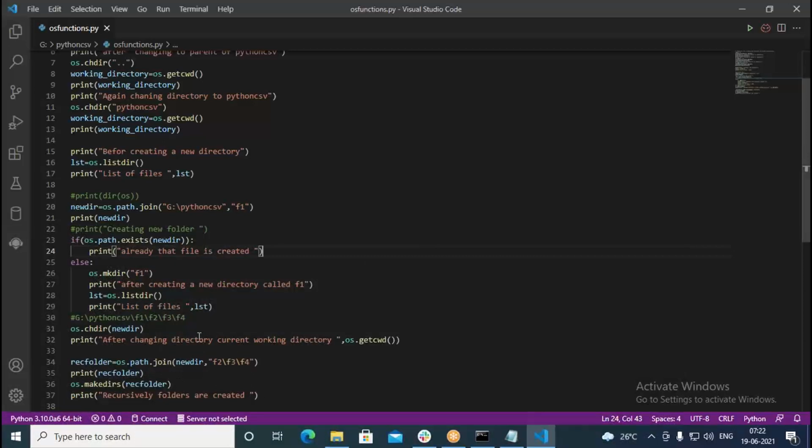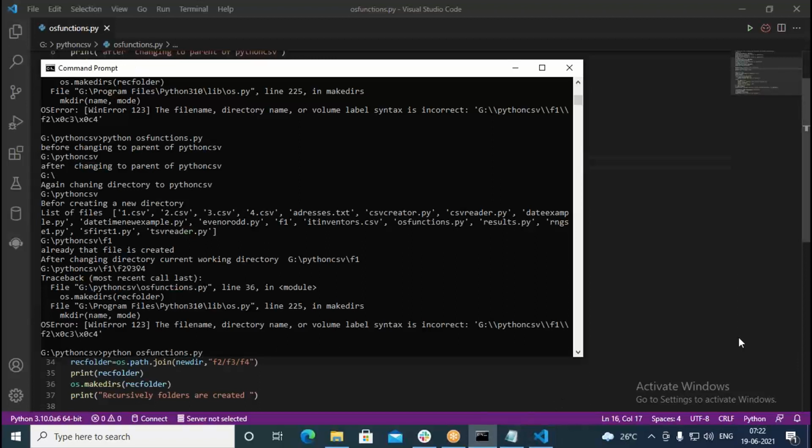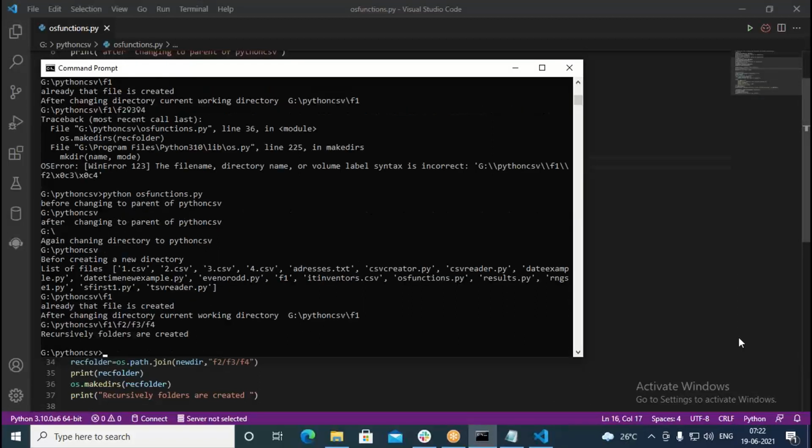So what I specify here, when I want to go with the subdirectories, I should write this way. When I go with that, it can give you the correct path. In the string, if you use slash, it has a different meaning. Okay, now just come to this and try to see what happens here. Recursively folders are created. Here the Python path is what?